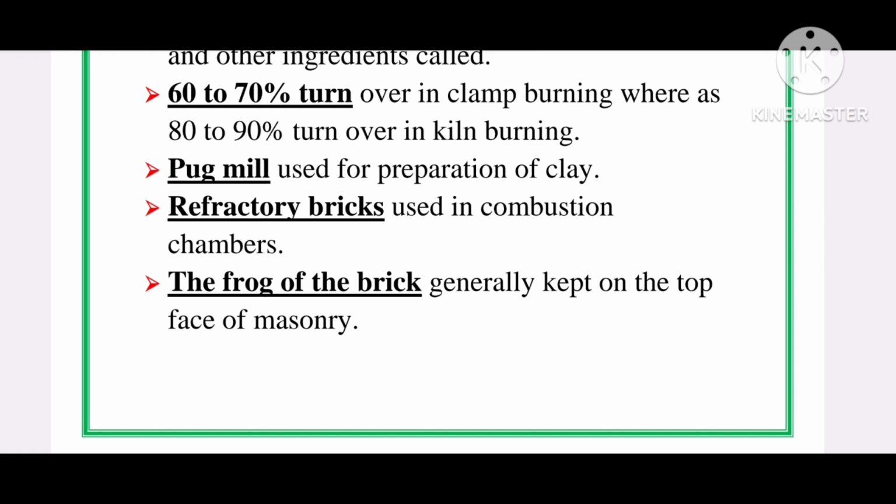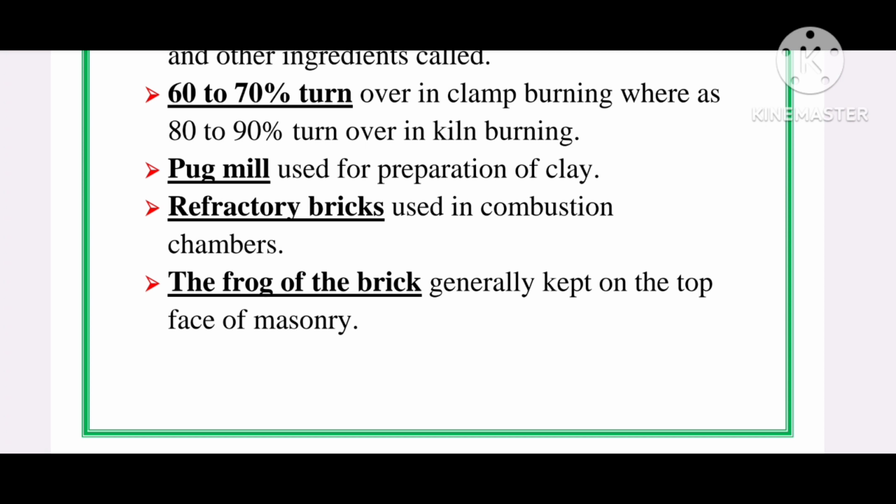The main difference between kiln burning of bricks and clamp burning is that in kiln burning, a permanent structure is used for brick burning. In case of clamp, it's a temporary structure and it can be constructed near the construction site. While kiln burning is a permanent structure, and bricks should be transported from kilns to the construction site. Another point is, in kiln burning, an average of 25,000 bricks per day can be burned